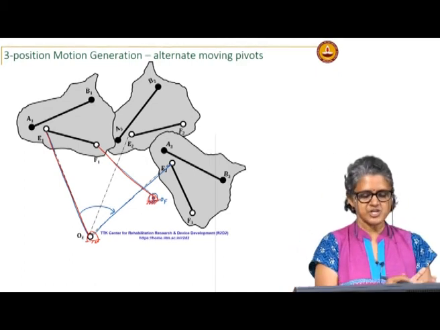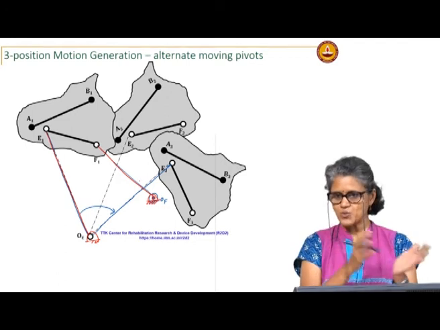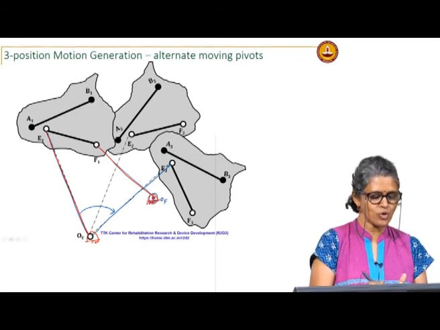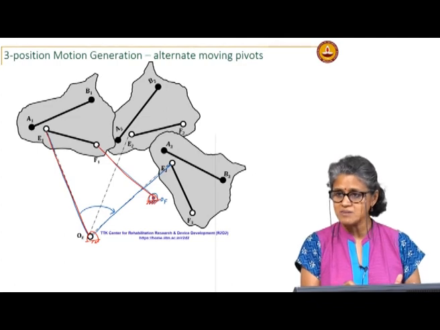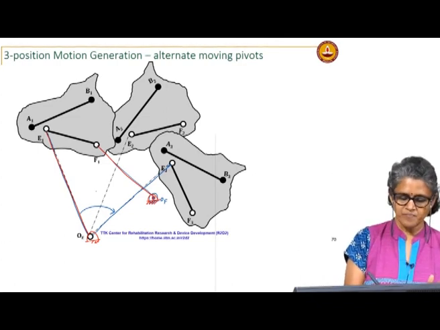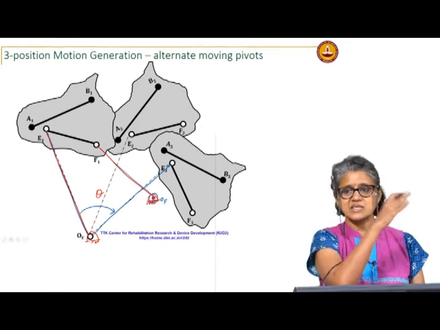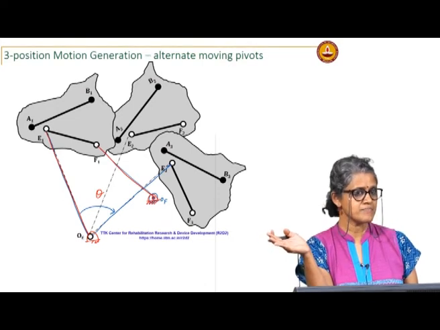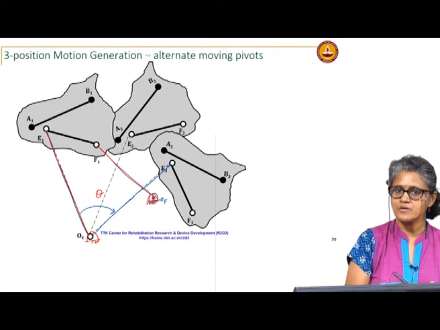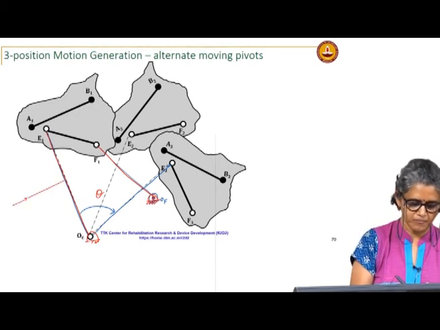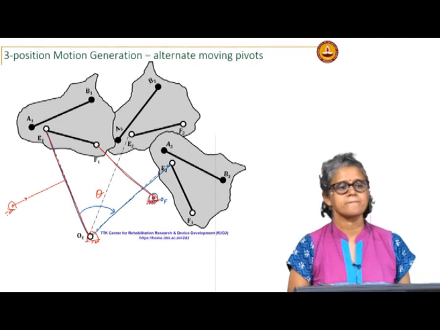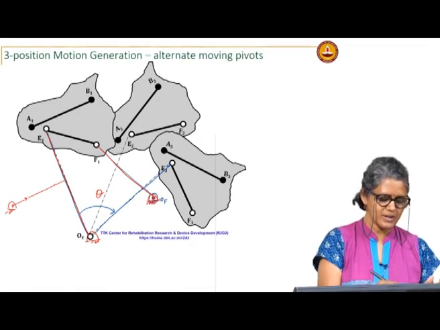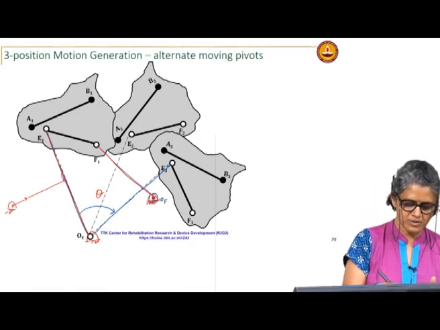Okay. And if I have ensured that it is moving in the same order, if that is what I want, then I can just look at the 2 extreme positions. I can make OE E1 and OE E3 my 2 extreme positions. So then I can say that is my rocker, which has to move through this angle theta, and then I can connect a driver dyad to it. I can choose some point somewhere again on this body and connect a driver dyad to it.